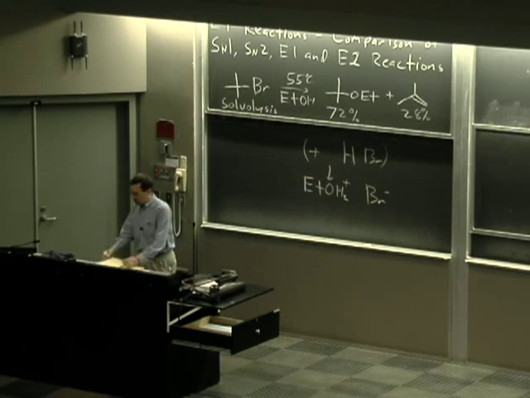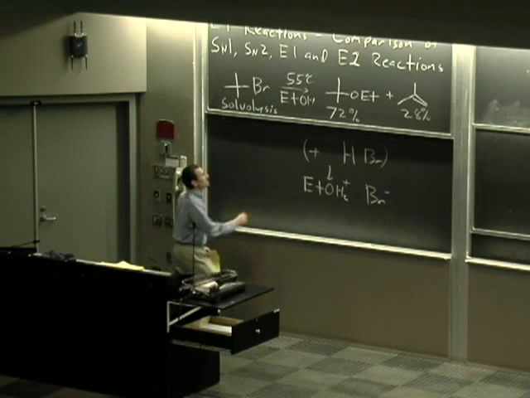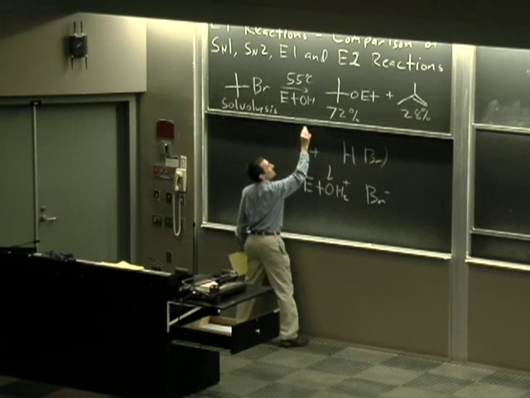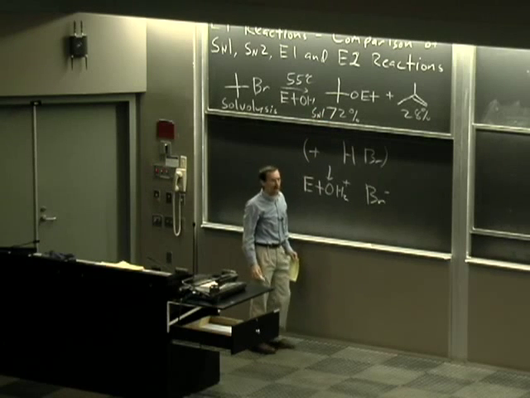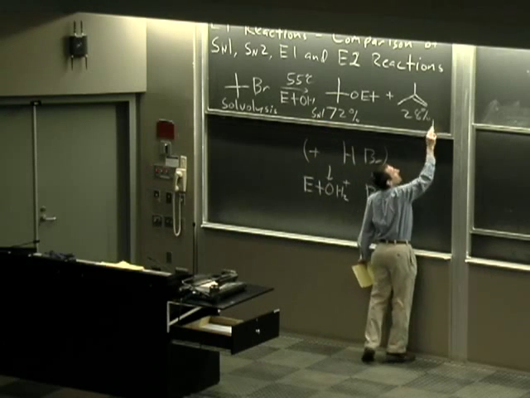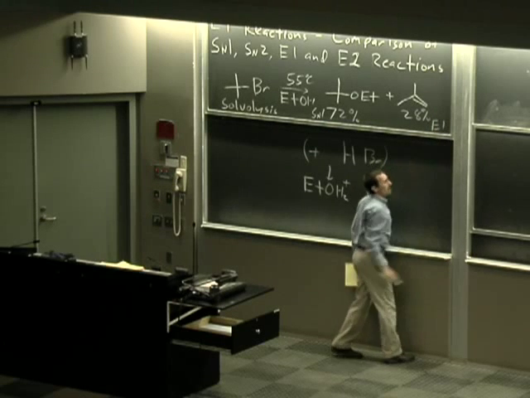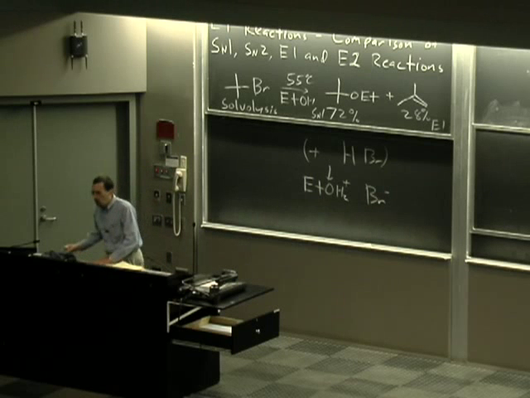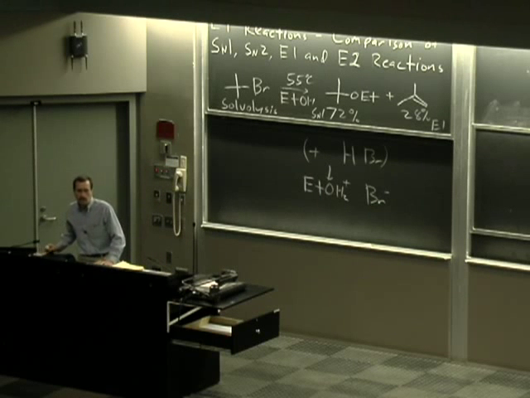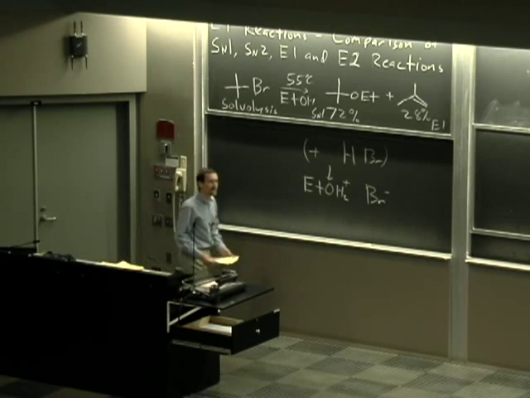So the first of these products, the tert-butyl ethyl ether product, is formed by an SN1 reaction, and the isobutylene product is formed by an E1 reaction. Now that's a big mouthful on this blackboard, and I'd like to take a moment just to review mechanisms for the formation of the first product, even though we've seen it before,